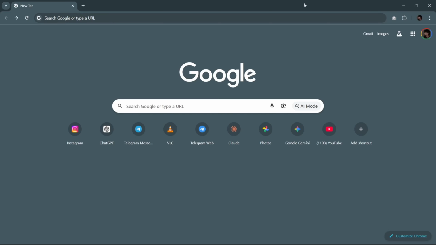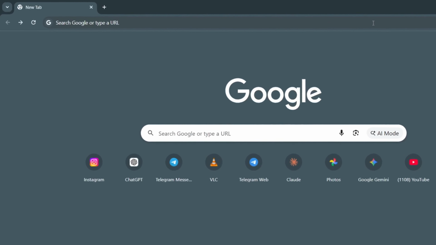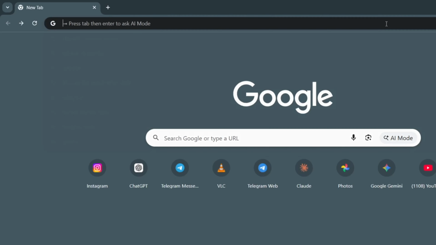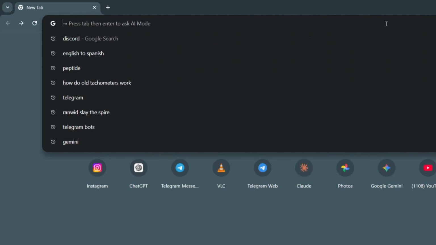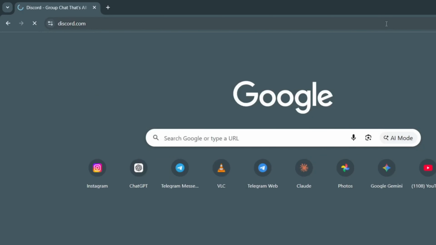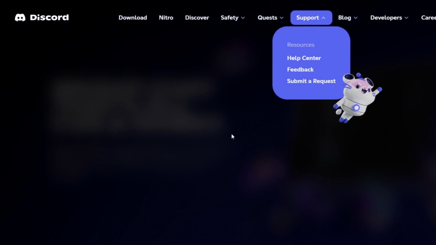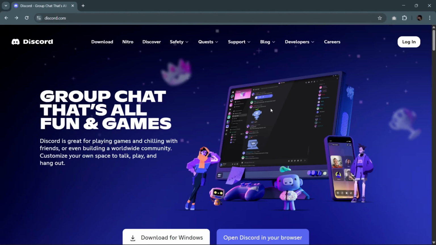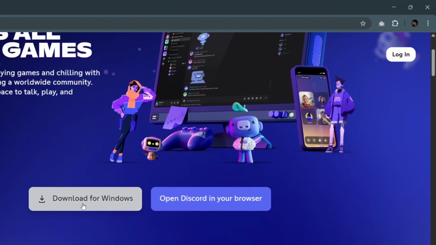So let's get started. First, let's go open our web browser, in this case Google Chrome. Now I'm going to click on the URL and type discord.com. This greets us with a landing page, and very quickly we're going to scroll down and click on download for